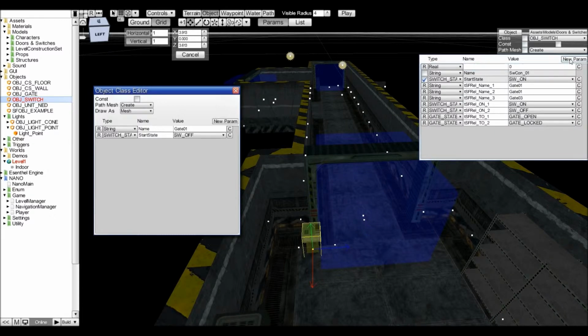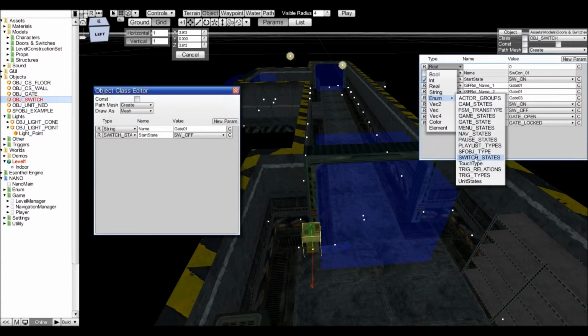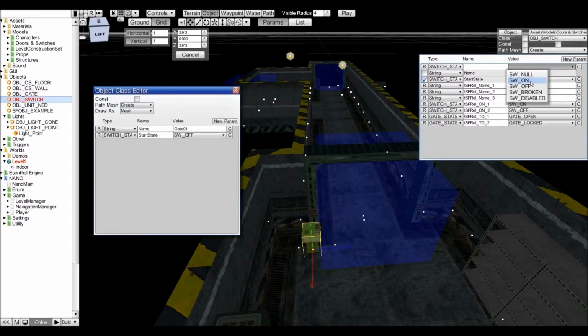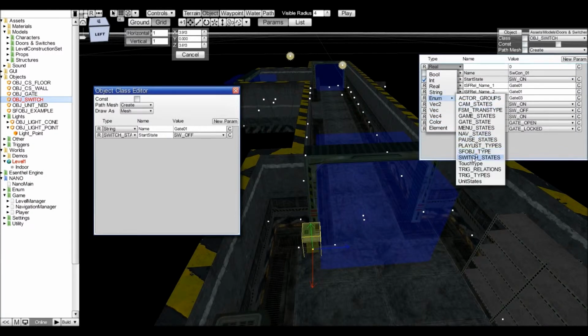So gate 03, relationship with gate 03, and we want the switch states when it goes on, so tsfrel on 3, yes, and we want the gate then to go